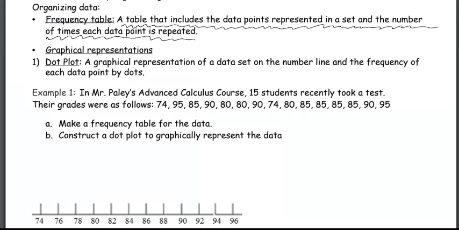Today, we're going to talk about a graphical representation of data points after we organize them in a frequency table. And the first graphical representation we're going to talk about today is dot plots. Dot plots are a graphical representation of a data set on the number line and the frequency of each data point by dots. So now let's take a look at the first example so we can put all these